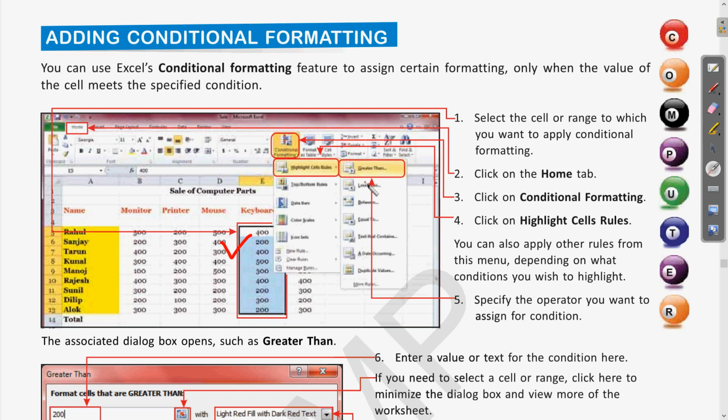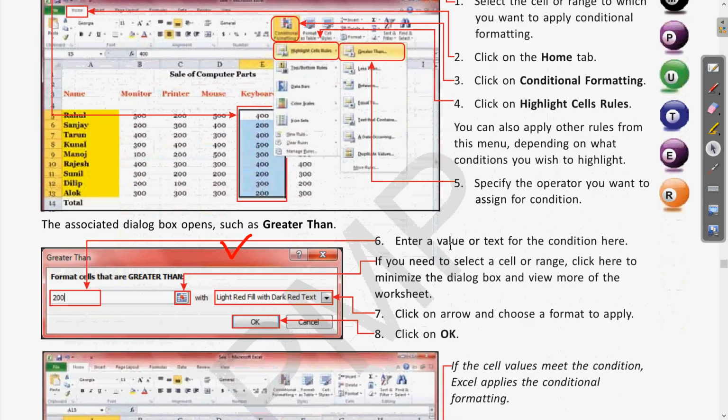So here we are choosing Highlight Cell Rules. Then we have the operators to choose from, like greater than, less than. Clear? Whatever operator for the condition we want can be chosen from here. When we specify the operator, we get a dialog box where we can write the number that the values should be greater than. That number you provide in the new box which opens. Clear? Here you can see in step 6 the same is being done.